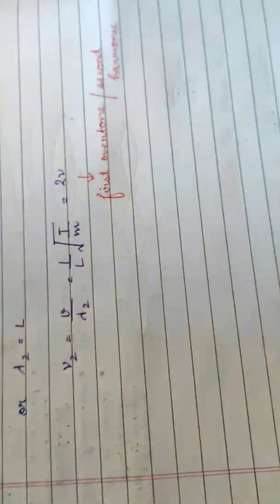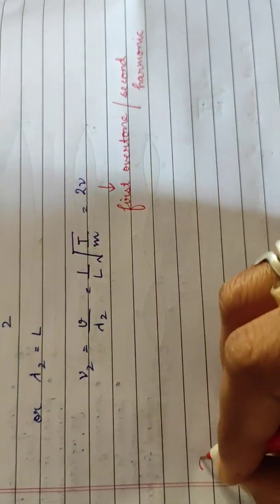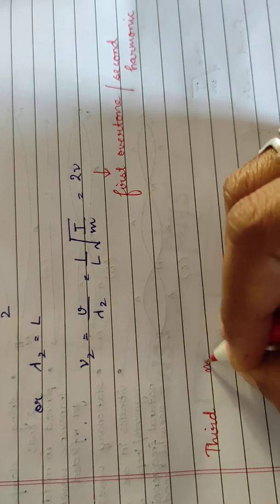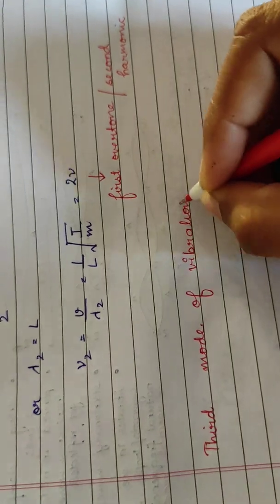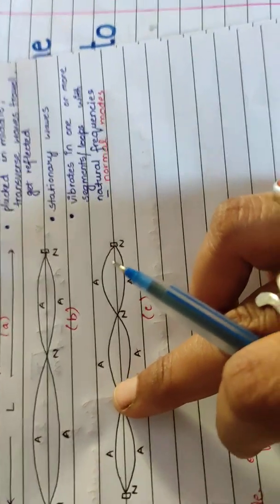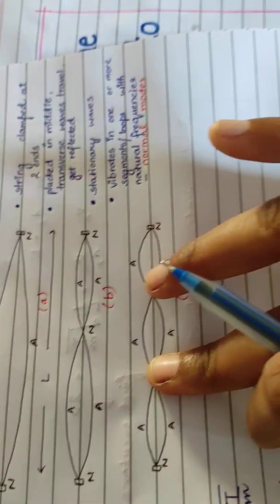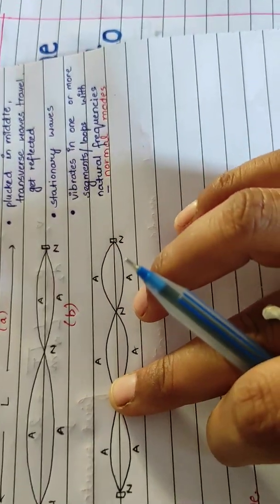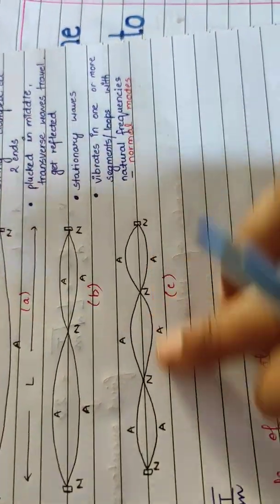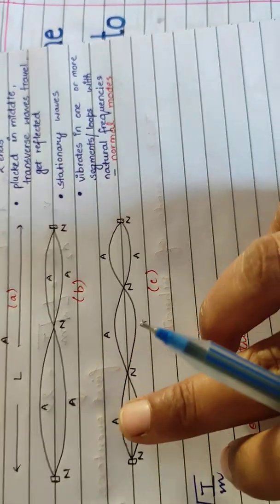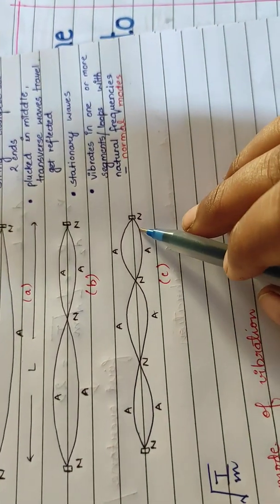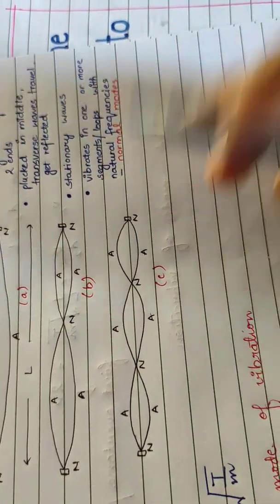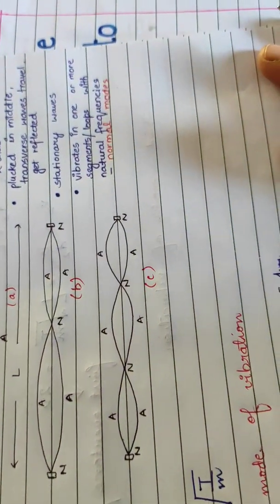Okay, now let us calculate the third mode of vibration. Now suppose the string is pressed at 1/3 of its length from one end and plucked at 1/6 of its length. Now it will vibrate in 3 segments, as you can see. Okay, it will vibrate in 3 segments. Fine. So at these points we are having nodes where there is zero displacement, whereas these 3 segments will have antinodes. Okay.